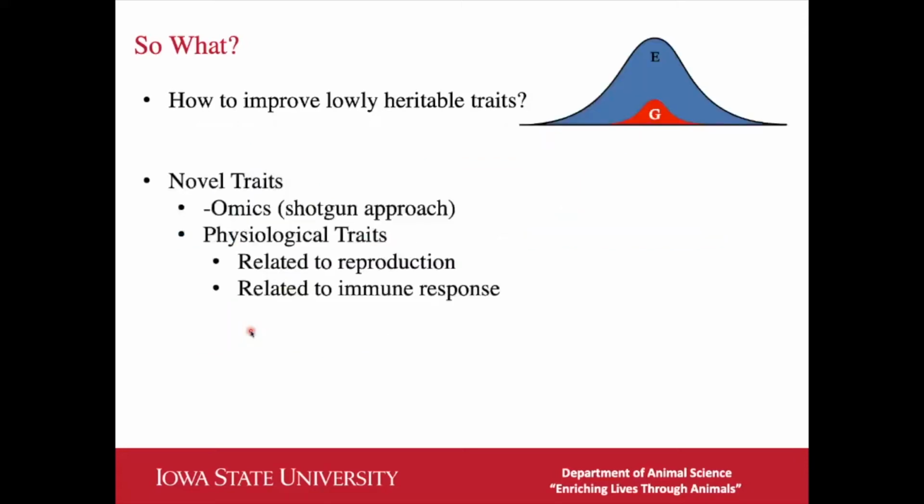So as novel traits, we can use all of those omic big data types that I talked about before. This is what we call the shotgun approach. Let's try to find something. Or we can also try to work with things that are more related physiologically to the traits of interest. So in the case of number born alive, I think of something related to reproduction, maybe a hormone. And in the case of a disease like PRRS, perhaps the immune response of the